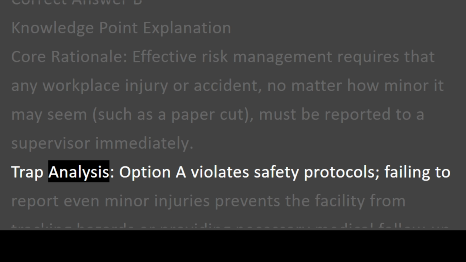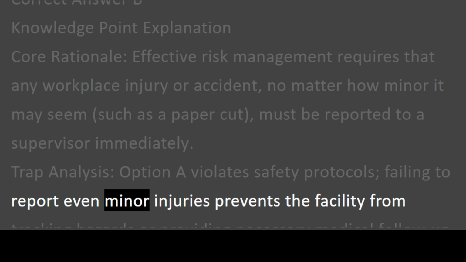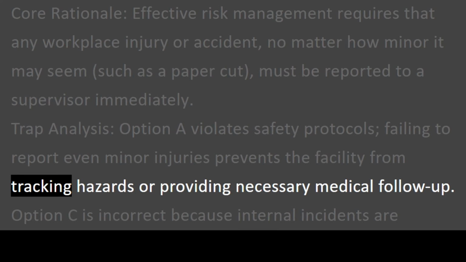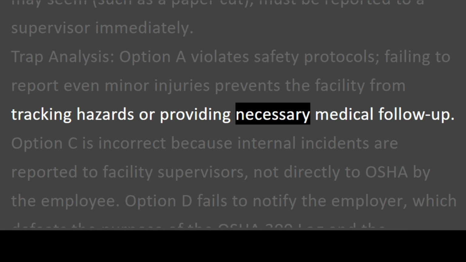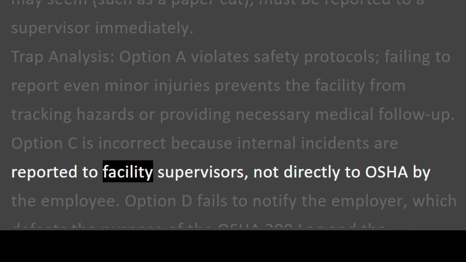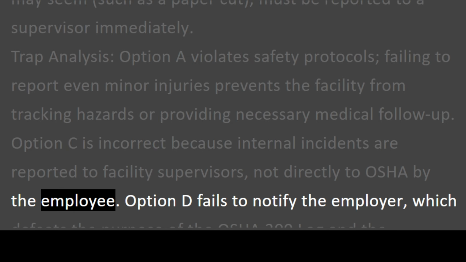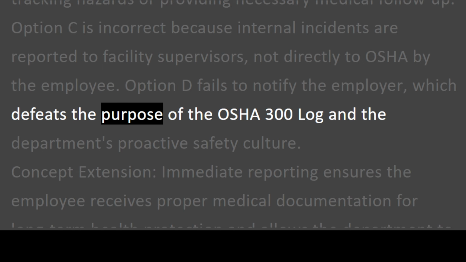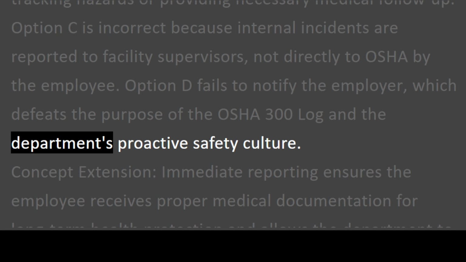Trap analysis. Option A violates safety protocols. Failing to report even minor injuries prevents the facility from tracking hazards or providing necessary medical follow-up. Option C is incorrect because internal incidents are reported to facility supervisors, not directly to OSHA by the employee. Option D fails to notify the employer, which defeats the purpose of the OSHA 300 log and the department's proactive